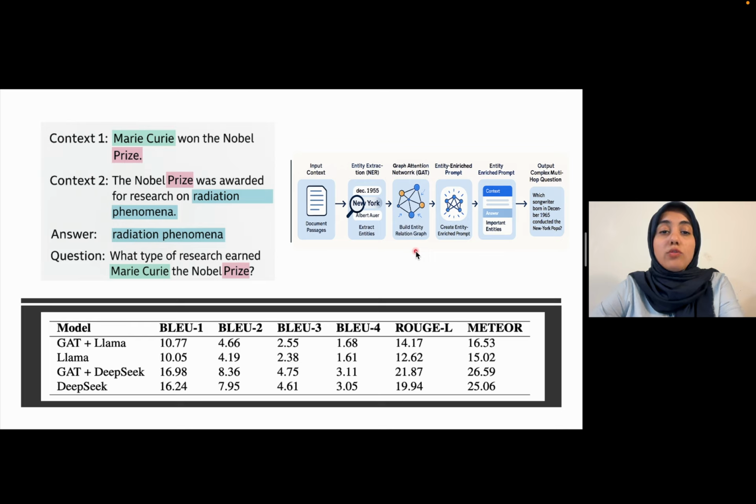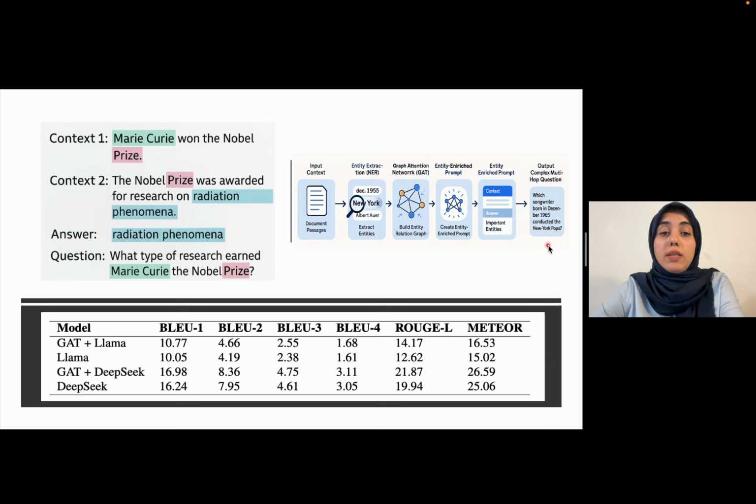We then use the output of the GAT to build what we call an entity-enriched prompt. This means we take the most relevant entities as identified by the GAT and concatenate them with the original context and the provided answer. This enriched input is then fed into a large language model such as Llama or DeepSeek to generate the final question. The graph acts as a reasoning guide for the language model, helping it stay focused on the key information needed